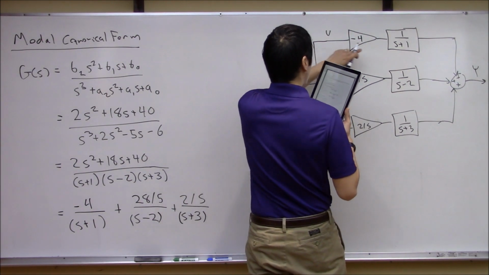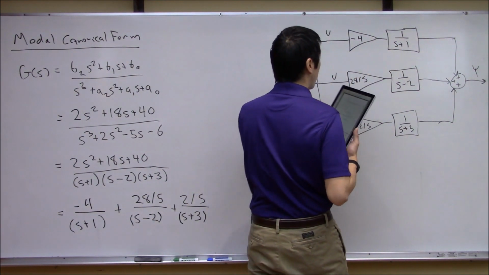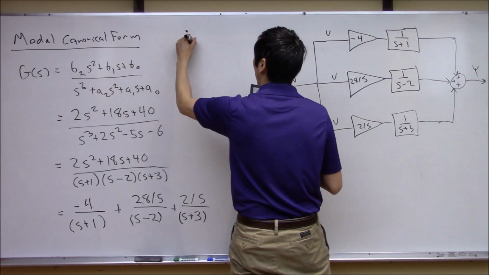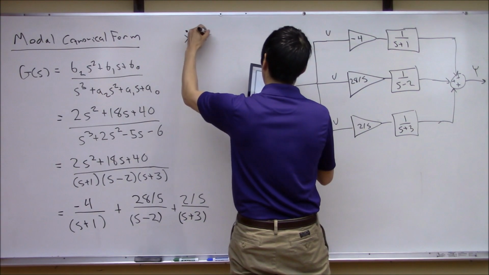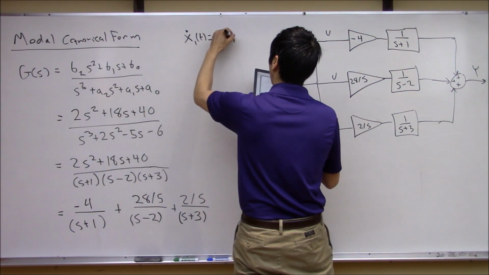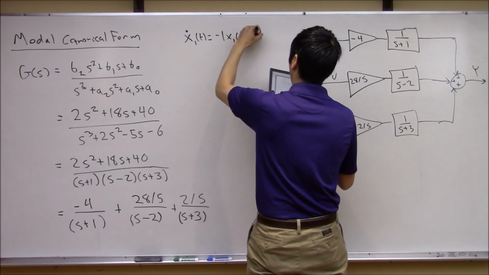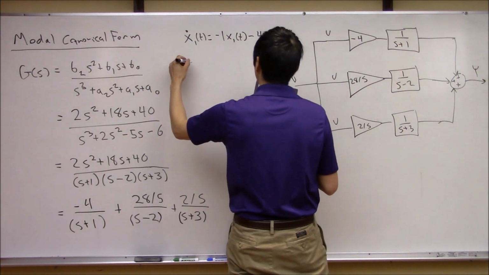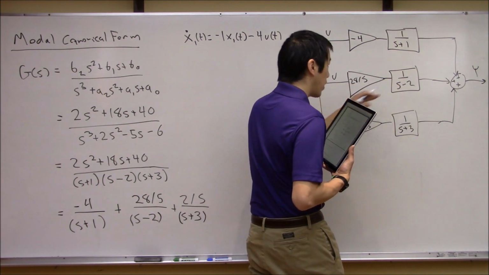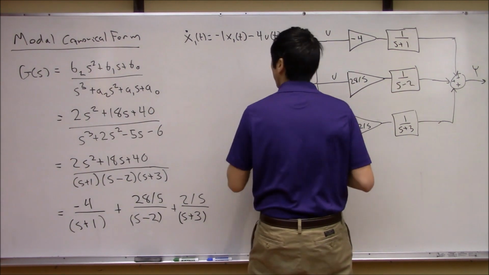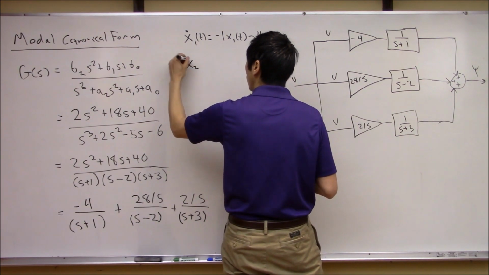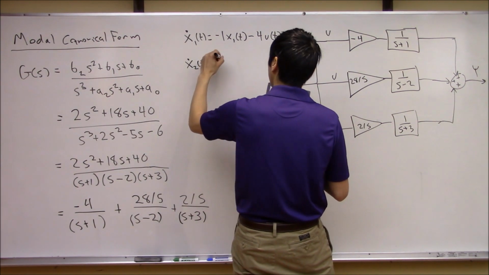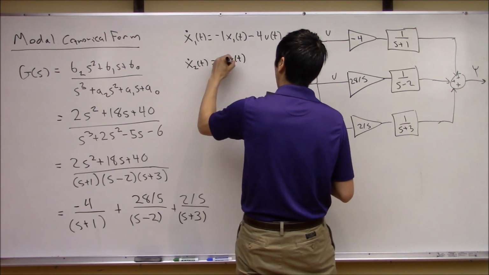Okay, so this first one is nothing more than a first order differential equation of the form, let's call it x1 dot of t is equal to -1 x1 of t minus 4 u of t. This second one down here is a separate first order differential equation. So now this is x2 dot of t is equal to, what do we have there? Positive 2 x2 of t,